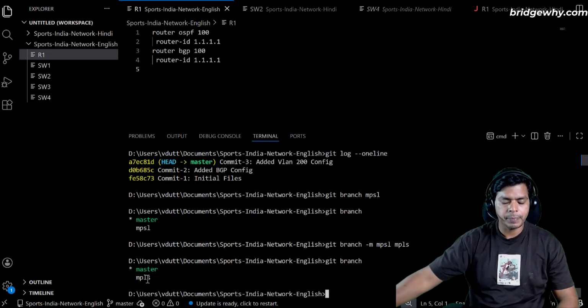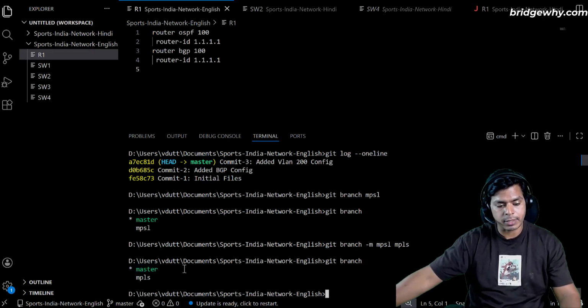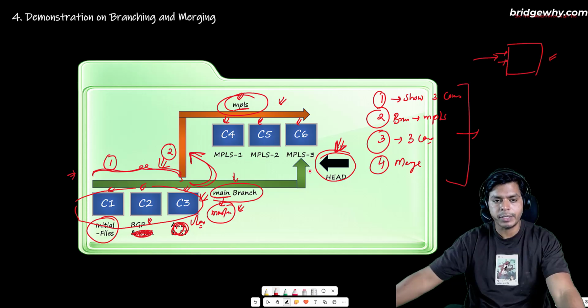It has changed the name, right? But still, if you see that the master is still green and the star is on master, it means that I am still on master. So as a third step, I will be changing from the main branch to the MPLS branch,